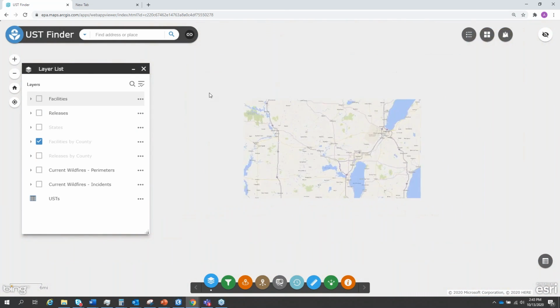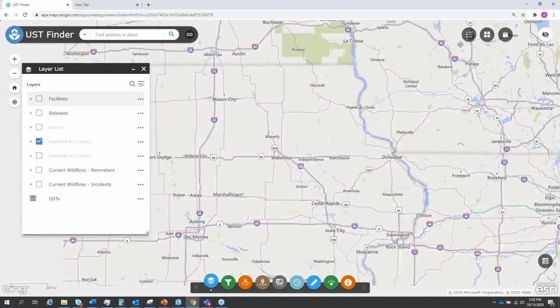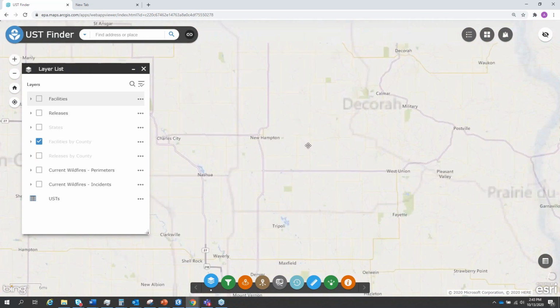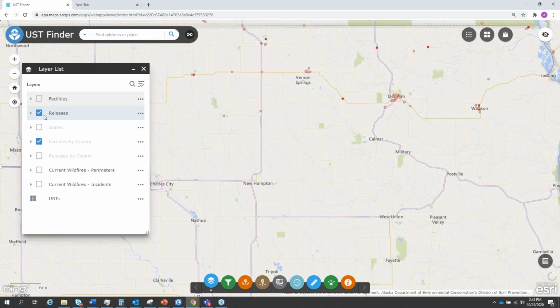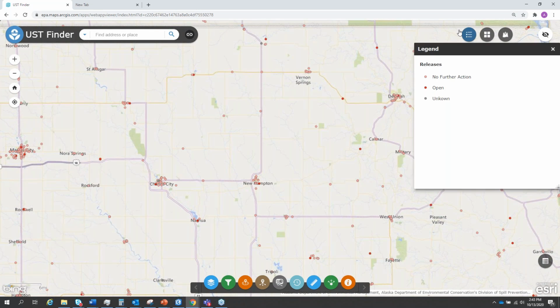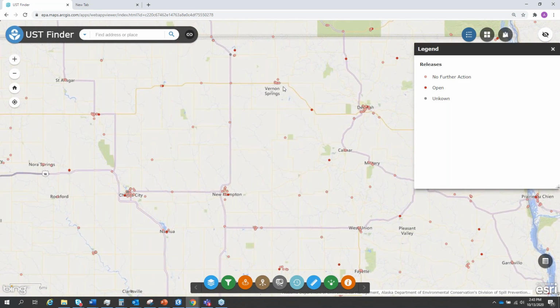Let me move over to Iowa, and I will turn on the releases layer. And here are all the leaking underground storage tanks. Here in the legend, the pink dots show releases that have been cleaned up that require no further action. And the red dots indicate an open release or an active release.